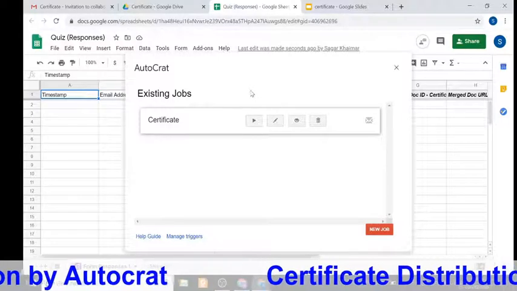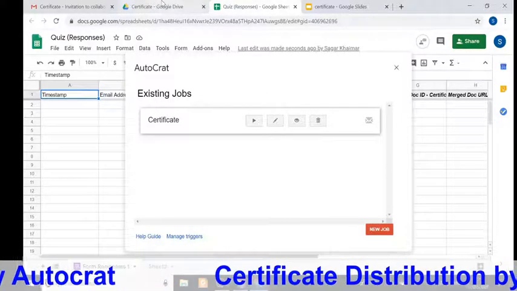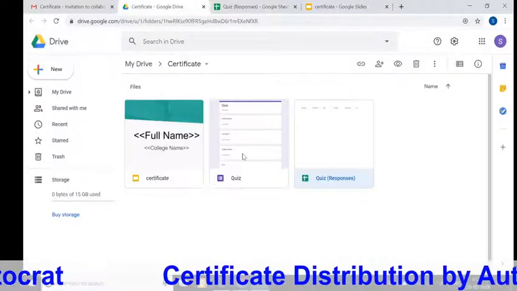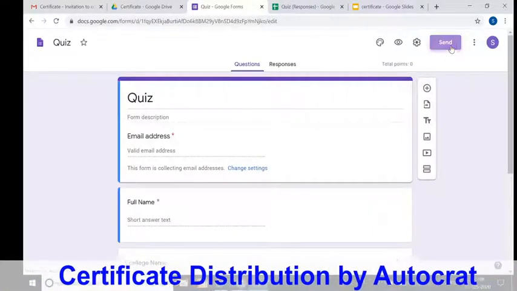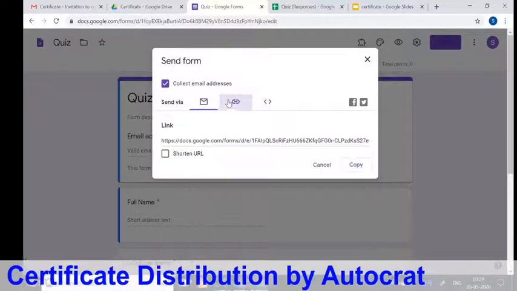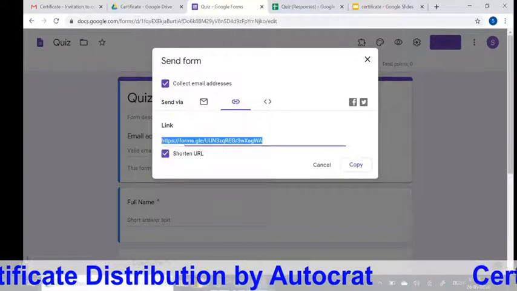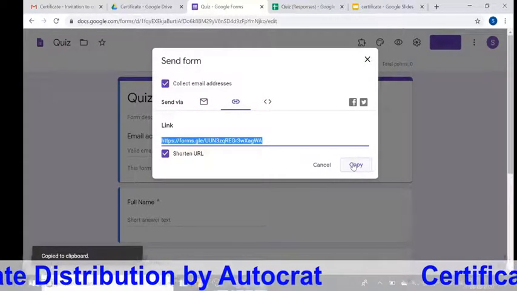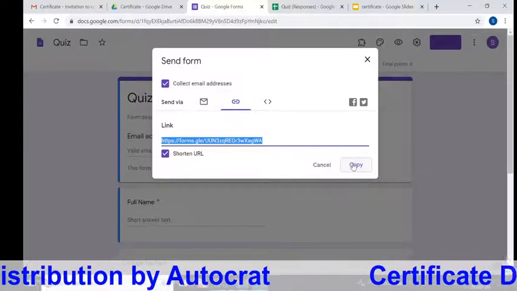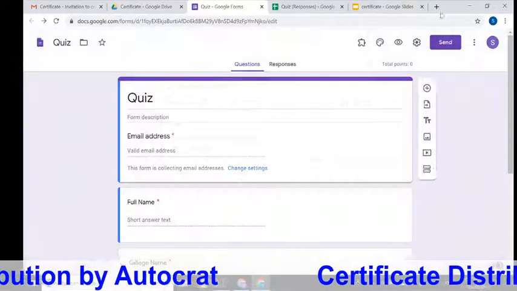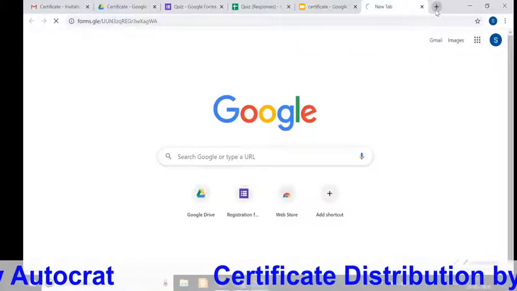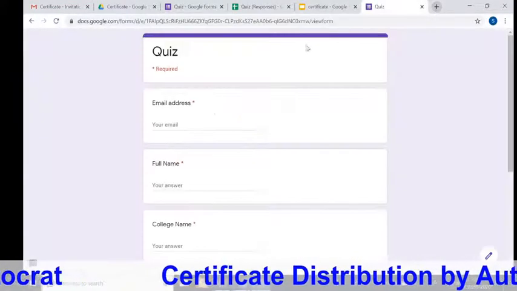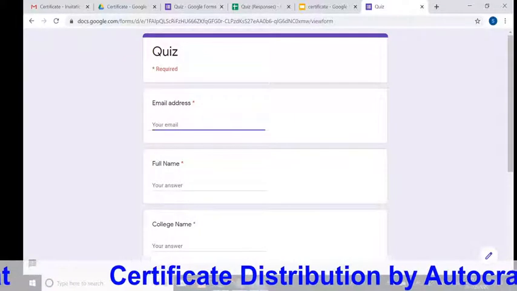So I will just fill the Google form. Just copy link and open in another tab. Fill the form.